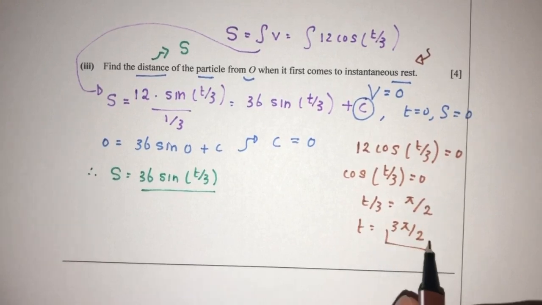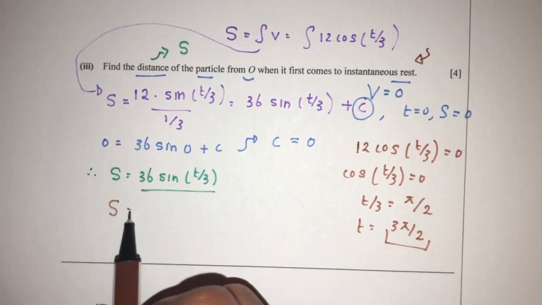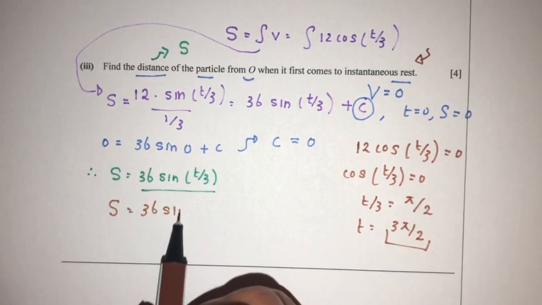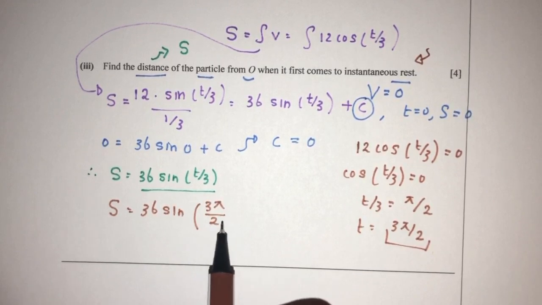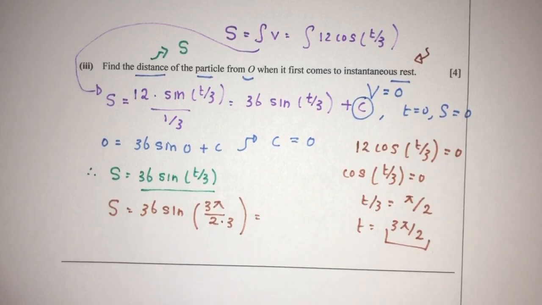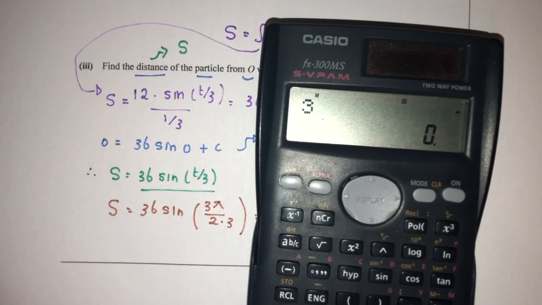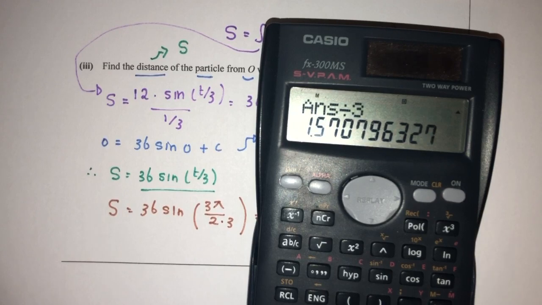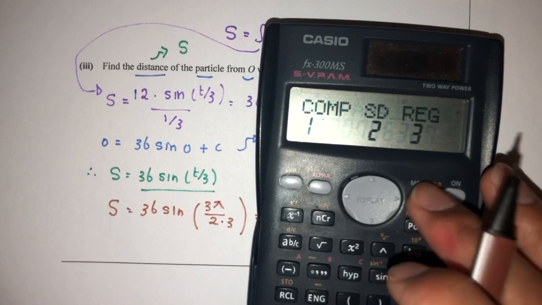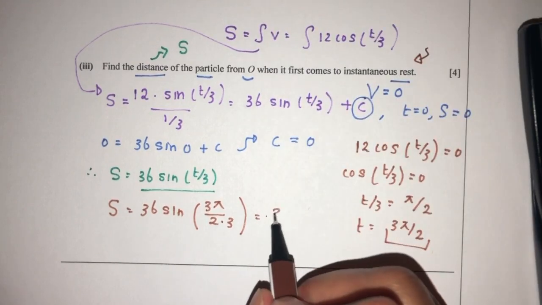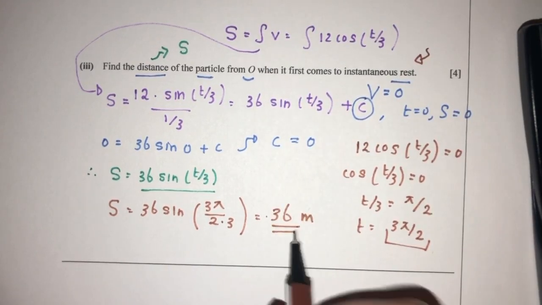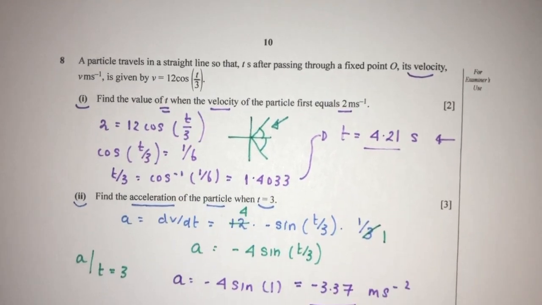So let's replace that back in my main equation. So s has to be 36 sine of 3 pi over 2 divided by 3. Simplify to see what happens. So 3 pi over 2 divided by 3. Sine of that value, we have to use radians, times 36. That will be 36 meters for my answer. And this is my question, number 8 for,